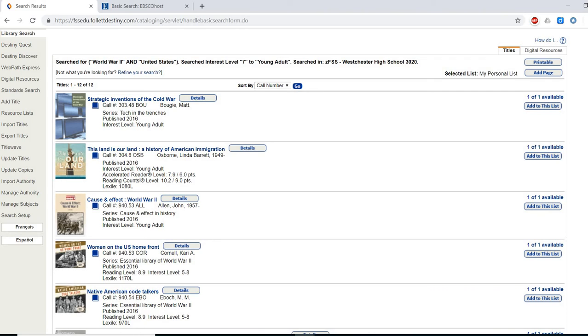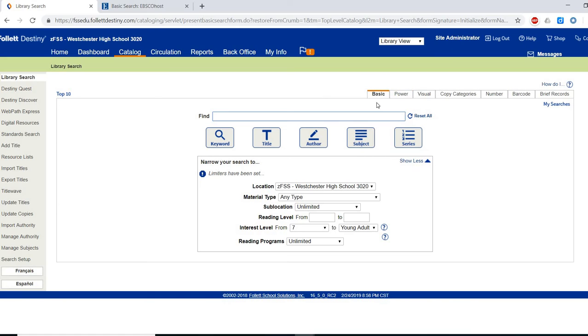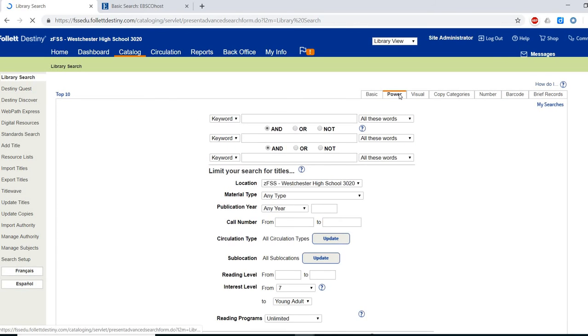So let's go back for a moment, and I just want to show you how to do an advanced search. So that was our basic search, keyword search. But if we go back to our library search, you'll see up here is something called Power. Power is what they call an advanced search in Follett Destiny. Most library searches would call it an advanced search, but in Destiny it's called the Power search. So we can click on this tab,